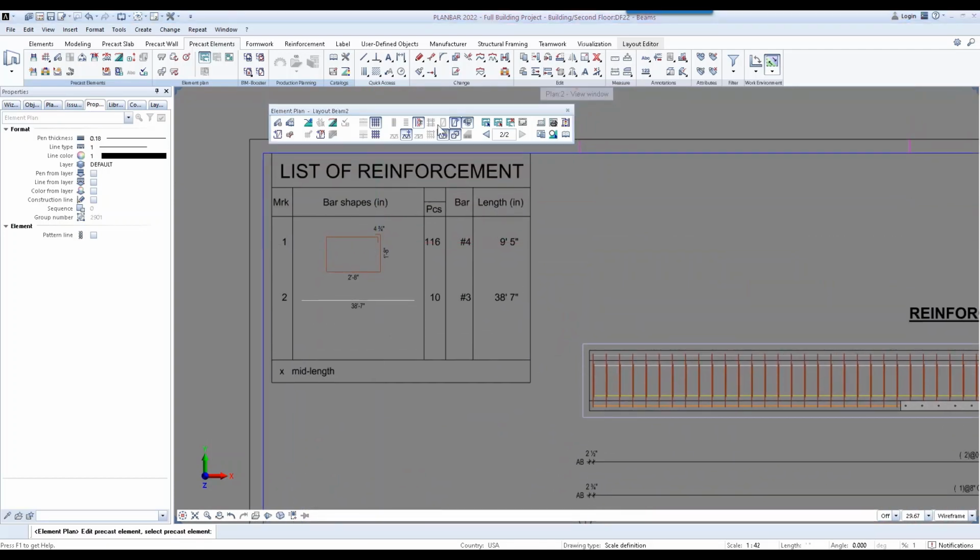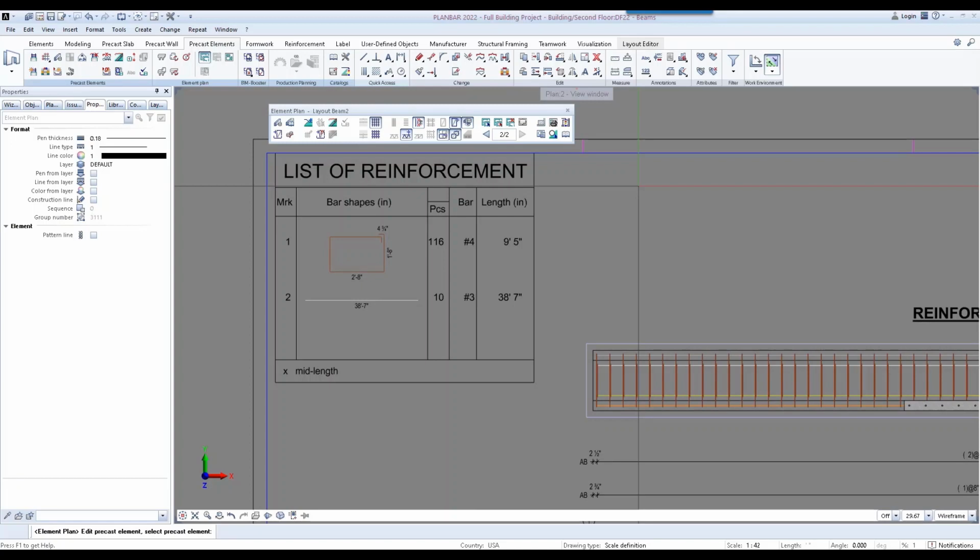Because of the way that the beam is modeled in the stirrups, the program automatically detected that the stirrup shape used for the bottom of the beam and the middle portion of the beam were the same shape. So I actually combined those 2 marks into one in this list of reinforcement here. So you can see there's 116 pieces. So that's an awesome time saver.